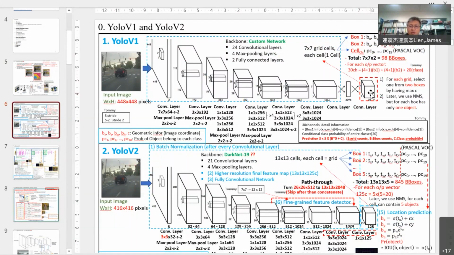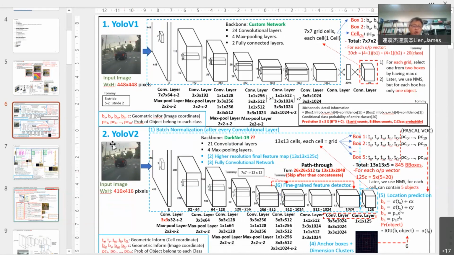Okay. So this one is for YOLO V1. And you'll find out that because of the resolution, they don't have a decoder. So the bounding box is just a rough approach in the low resolution. Okay. And then they keep improving. So YOLO V2,